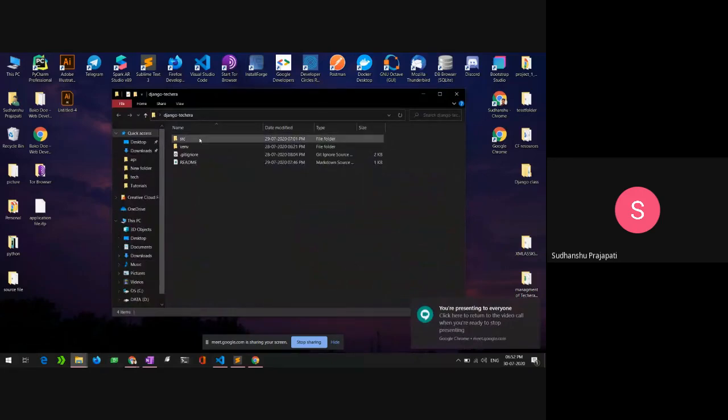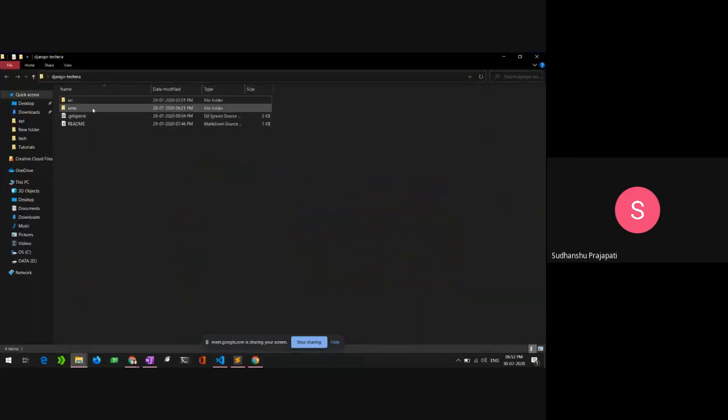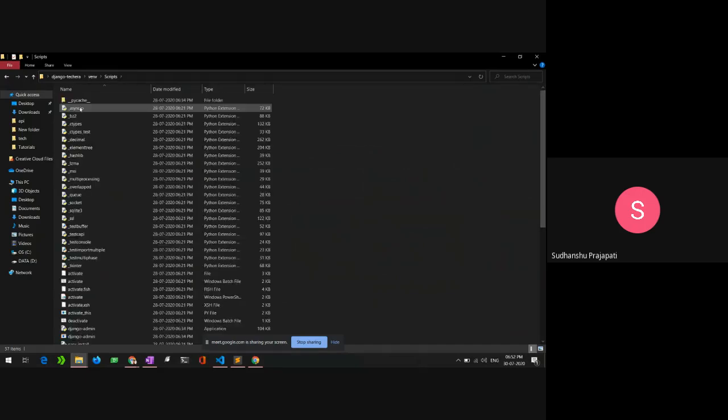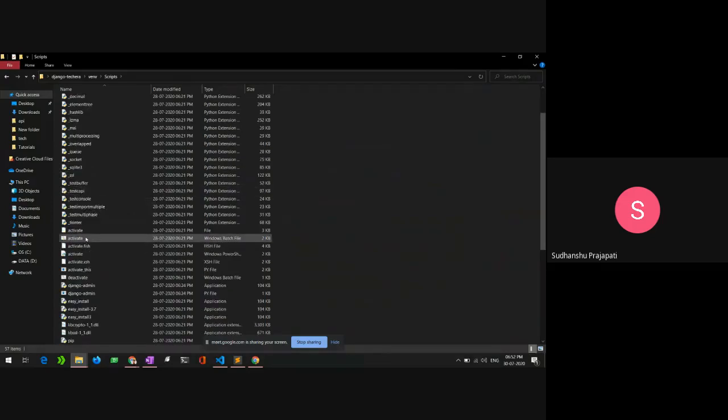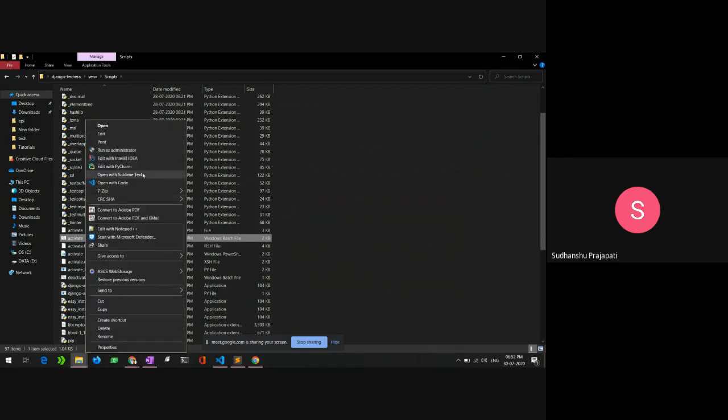For that part, we need to go inside our folder, that is your environment variable folder, that is venv, and inside the Scripts folder you have something called the activate.bat file. Just open it with any code editor.